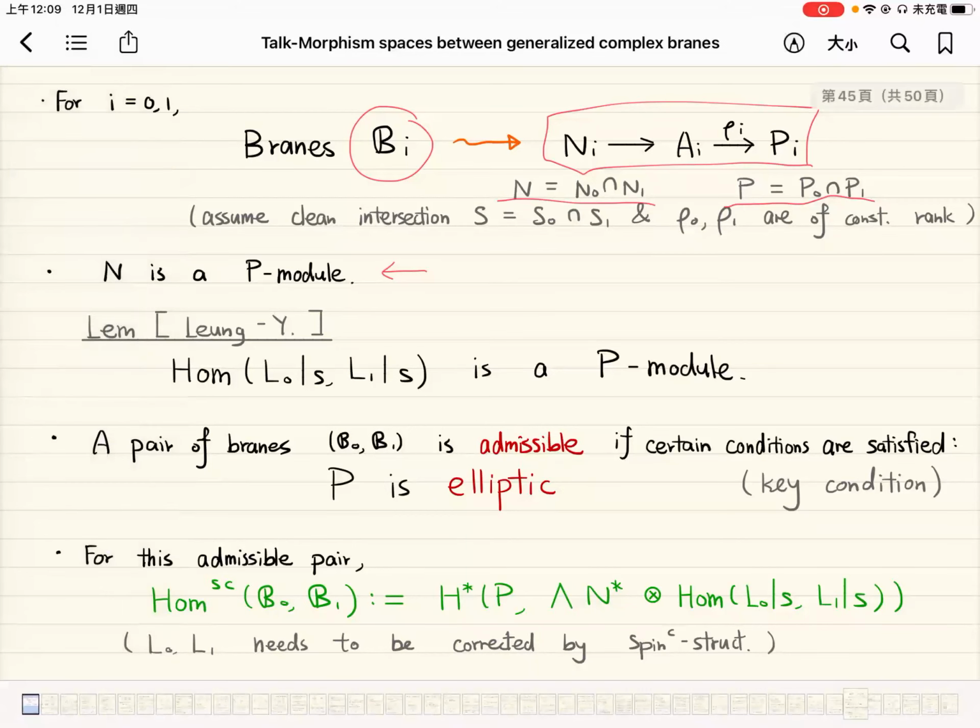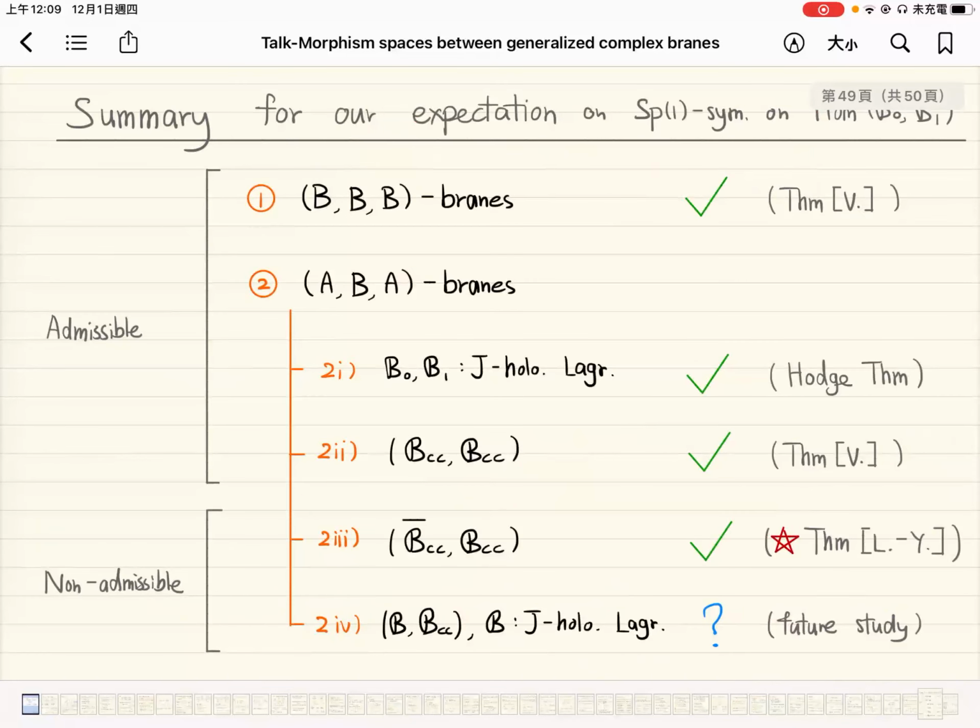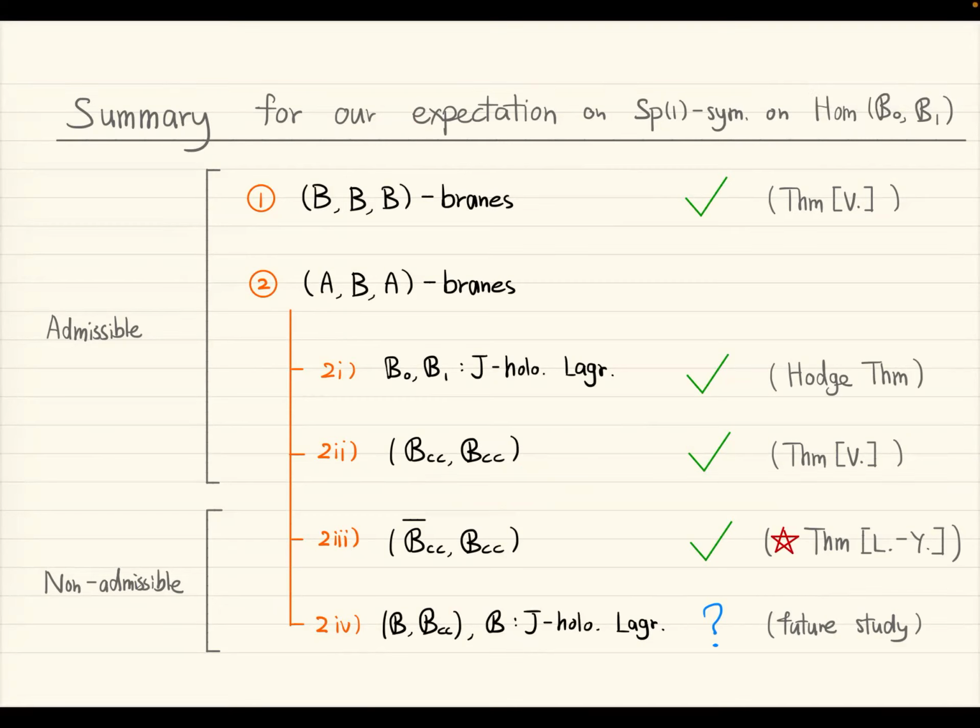So let me just give a very brief summary about our framework. I will just go to the last page here. So this is a summary for our expectation on the desirable SL2 action acting on the morphism space between hybrid branes. So the first case is the case of BBB branes. As I said, a theorem of Bisky shows that indeed